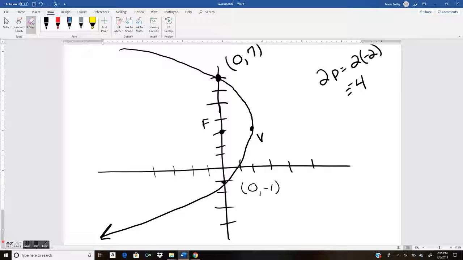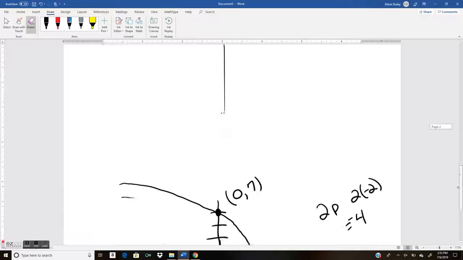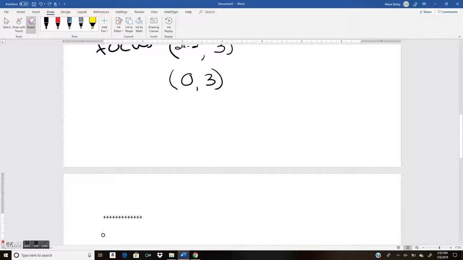Now the length of my latus rectum. Oops, undo that. I want the x-axis back there. Give me 1 second. Okay, so now we're all better. All right, so now I have my parabola. Now, taking a look at this, let's go ahead and construct